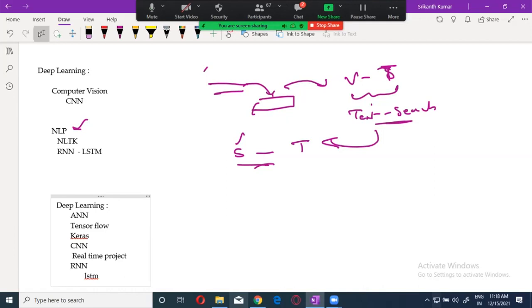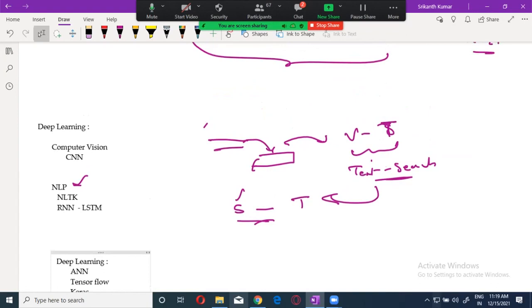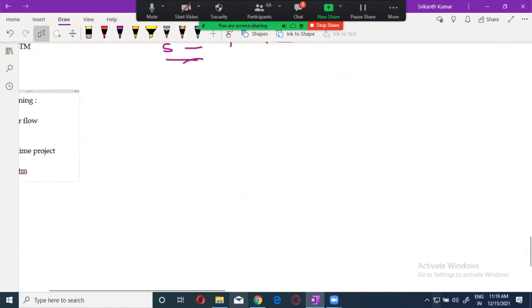Now, again, each and every algorithm will be implemented using the real-time data only. Okay. And the most important, if you ask me, in all of the data science is EDA, that is exploratory data analysis, which is nothing but cleaning, gathering, and mining of the data, is very, very important. Now industry is looking for the people who have good experience or good knowledge of EDA, or they call it feature engineering, or they call it EDA, that is exploratory data analysis, or they will also call it pre-processing of the data.